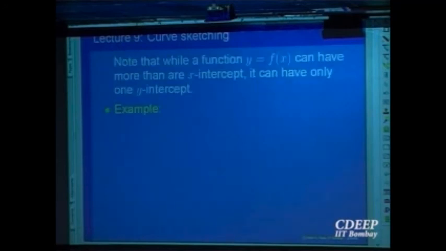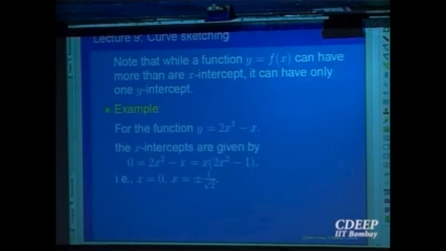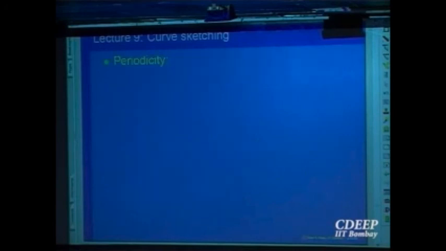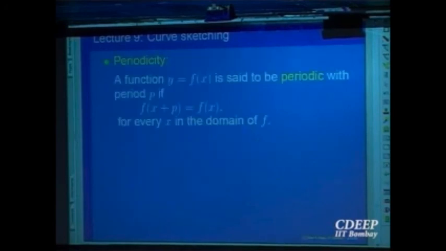So all these observations you can keep in mind, so I will just go through an example. y equal to 2x cube minus x, intercepts are there, y-intercept you can find. Then you can find what is called periodicity, another observation which helps you to draw the graph of a function. What is the meaning of periodicity? That in some interval, if you know the graph of the function, in every interval of that length you know the graph of the function.